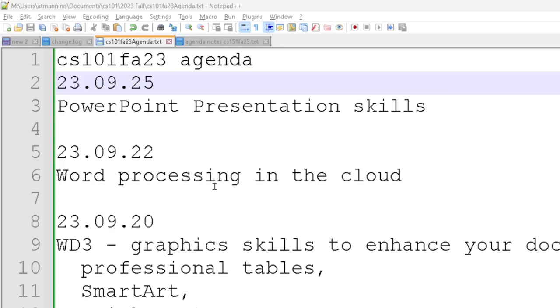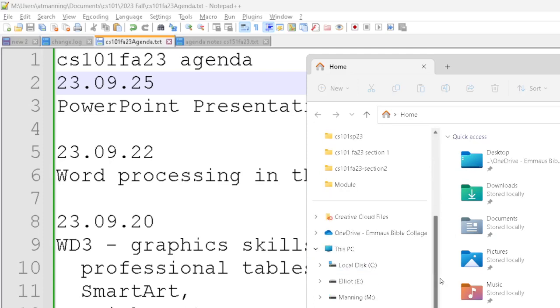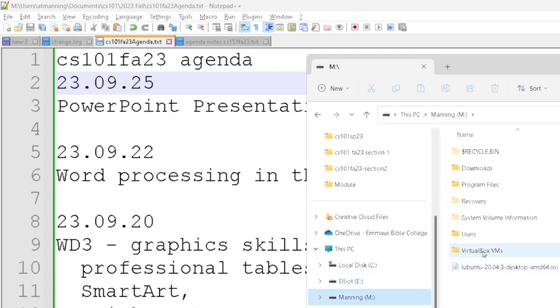We're going to do PowerPoint today. I want to show you a little bit of details about PowerPoint, and it applies to Word as well. I'm going to bring up my File Explorer here for a second, and I'm going to go down to my folder where I'm going to be keeping my Section 2